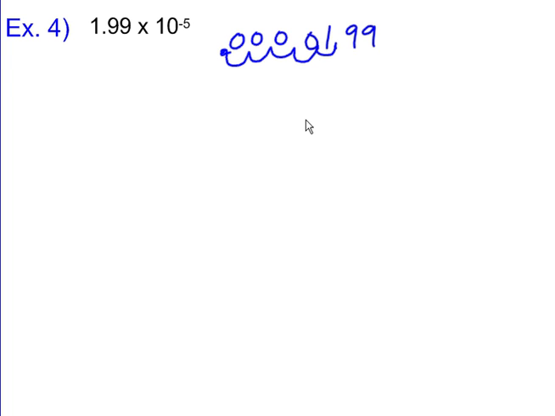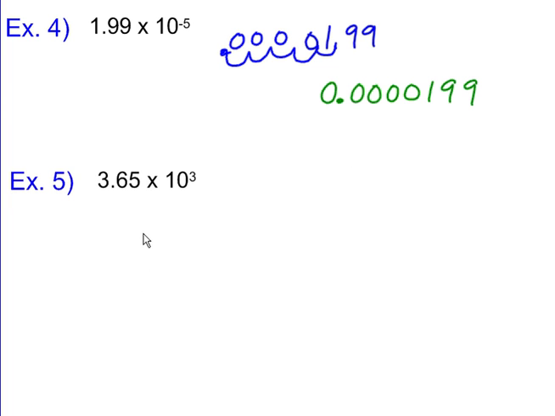In rewriting this number, we'll put a 0 in front of the decimal to be deliberate, to show that our decimal is meant to be there, and then add our numbers. Doing it one more time, 3.65 times 10 to the third. This is a large number, so again, we're going to take that 3.65 and move it 3 times, and we're going to move it to the right because we want it to be larger. So 1, 2, and we'll move it 3 more. 1, 2, 3, that'll make it,